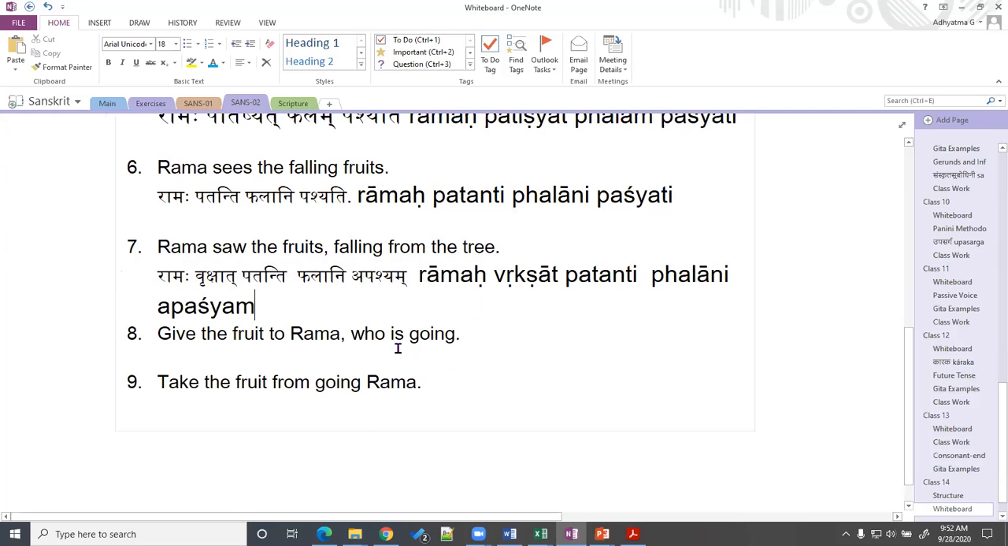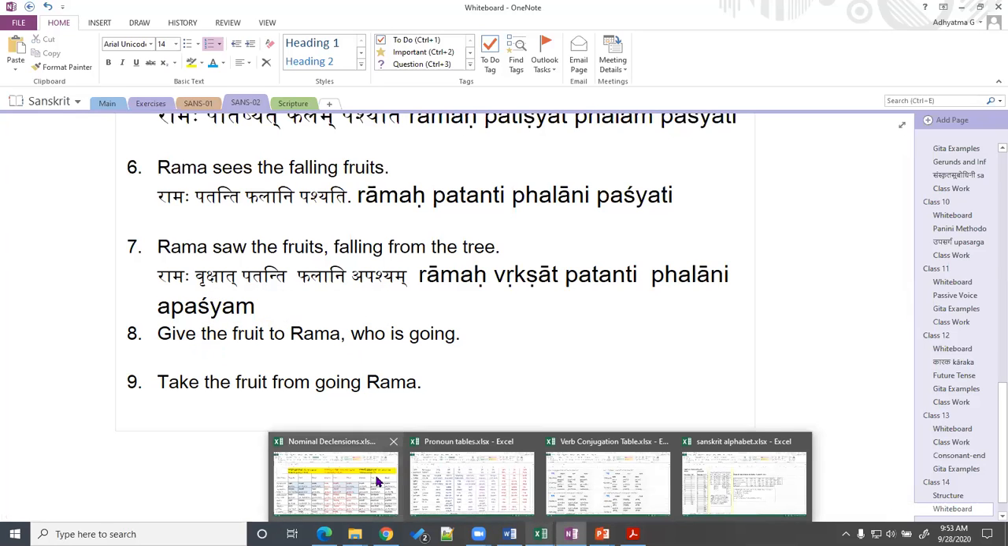Now look at this sentence. Give the fruit to Rama who is going. So basically somebody is asking someone that you give the fruit to Rama who is going. Now here, look at give the fruit, that is a lot lakara, the command sentence. So lot lakara, if you remember,